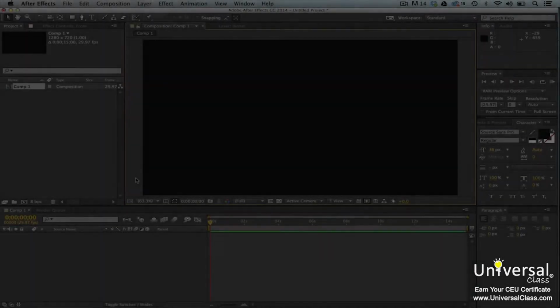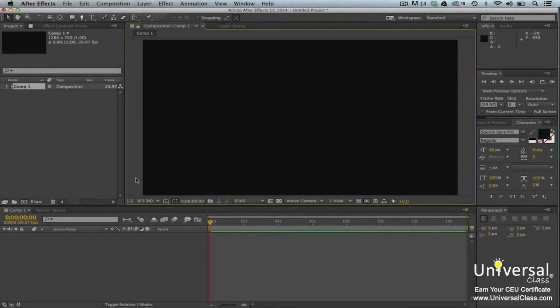Layers in After Effects are flat. They have an X and Y coordinate that represent height and dimension. You can move a layer, but you can only move them along those axes. This means that they are two-dimensional. You can turn on the 3D layer switch so that you can also move an object along its Z-axis, which